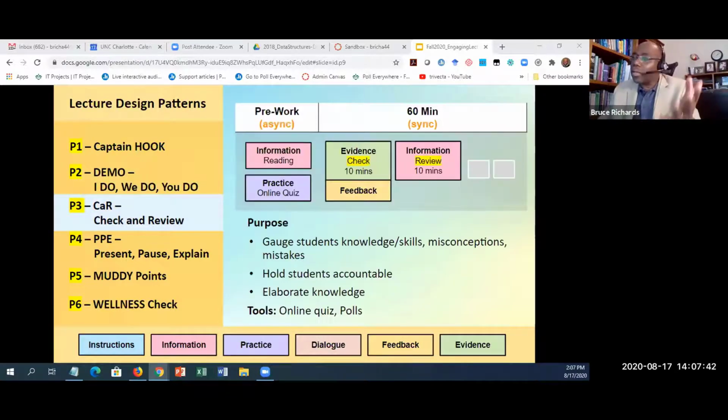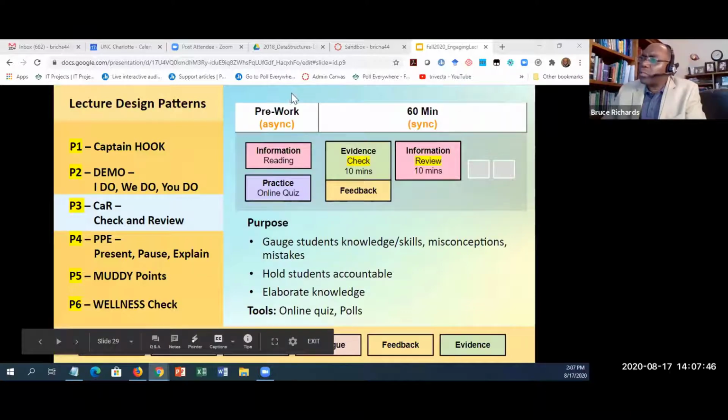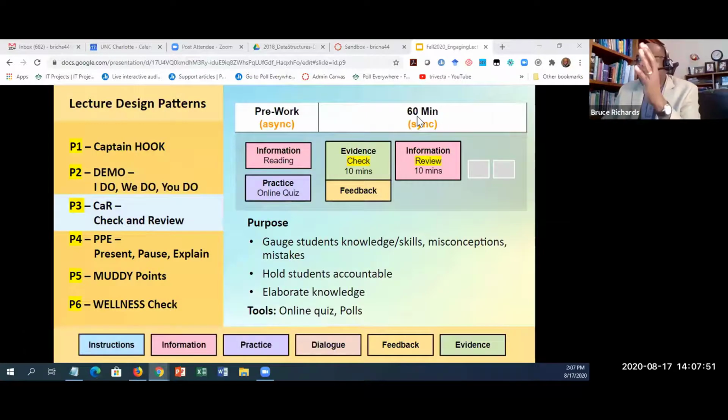Think of the car, okay? The good old car. So this one is slightly different because now we have divided it into asynchronous and synchronous. So we're saying if your class is 60 minutes, do not front load it and hope that you are able to do everything there. Use the opportunity for a pre, the in class, and a post.